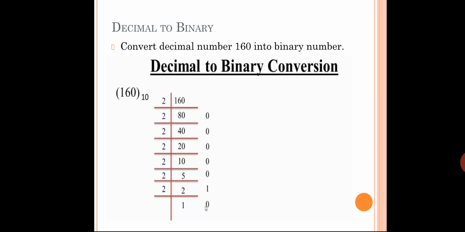But in the previous slides and previous explanation, what I have done, I asked you to go for the position values. Do you remember that? 2 to the power 0, 2 to the power 1, 2 to the power 2, 2 to the power 3. So based on the position value, you have to put 1 or 0. You can try that also. Try. You are going to get the same number. If you want, you can try. So this is another method actually.